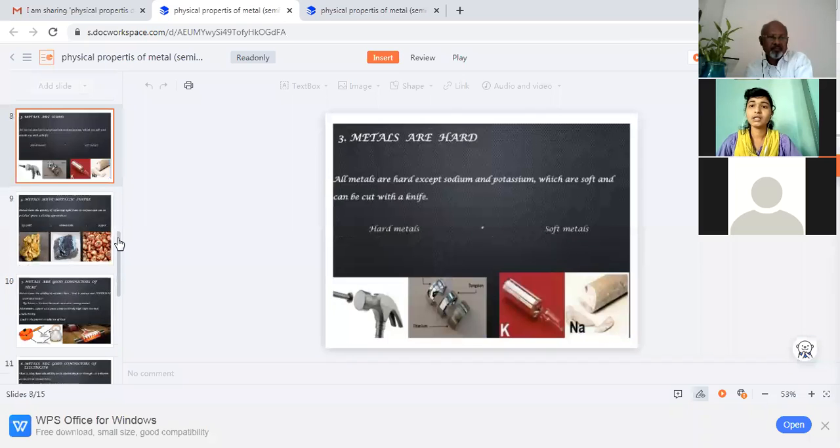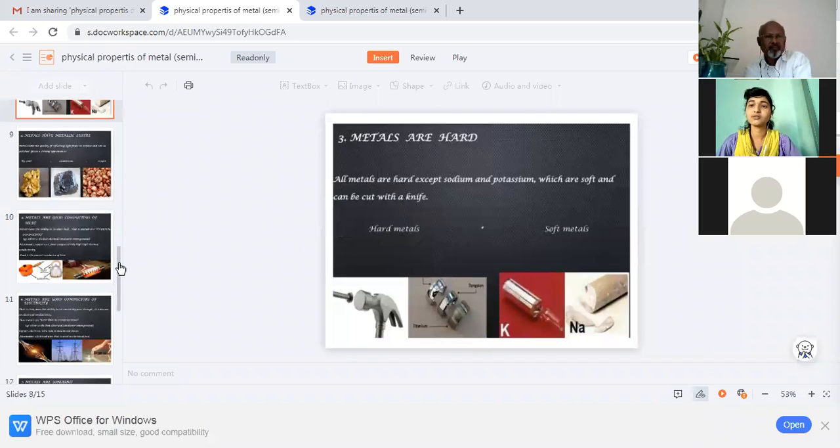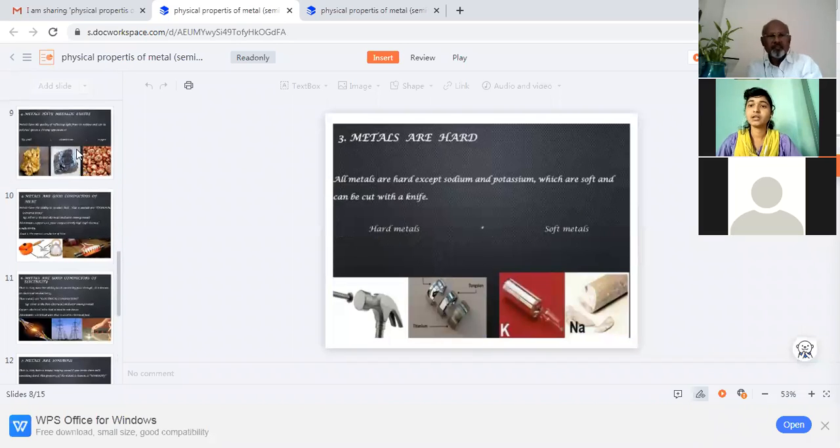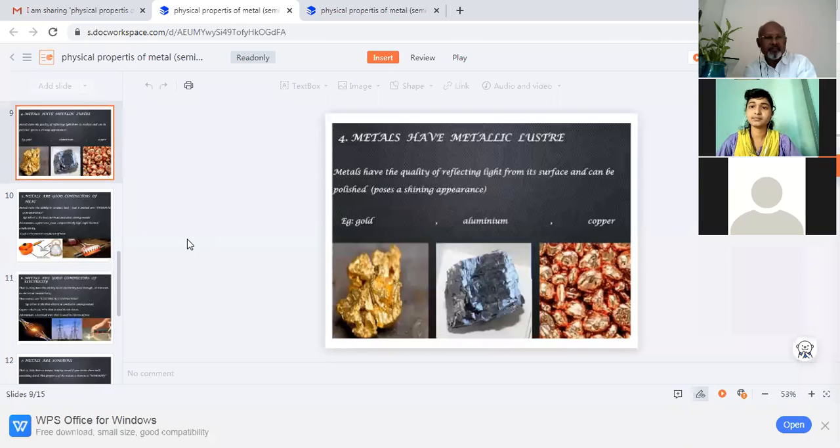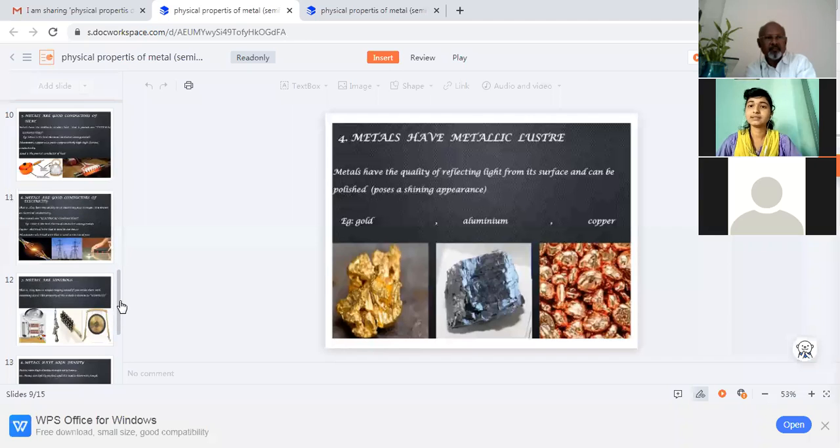All metals are hard except sodium and potassium, which are soft and can be cut with a knife. Examples of hard metals: tungsten and titanium. Examples of soft metals: potassium and sodium. Next. Fourth property, metals have a metallic luster. Metals can reflect light from their surface and can be polished to a shining appearance. Example, gold, aluminum, copper. Next,